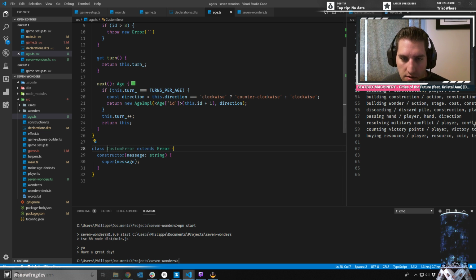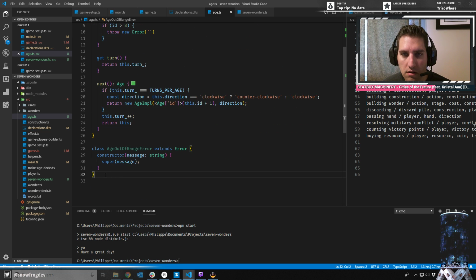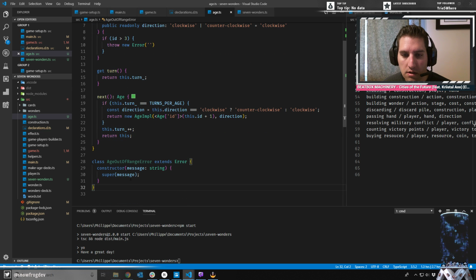Well, first, let's find a good name for this. So, let's call it age range error, something like that. Age out of range. Out of range error. How's that? I think I like it. So we could, okay, and now release notes, for example. Okay, let me look at the first thing you sent,